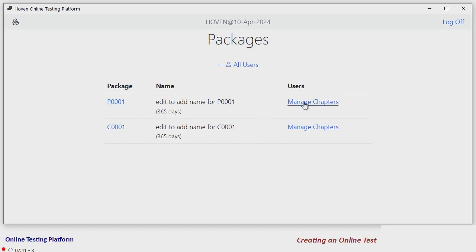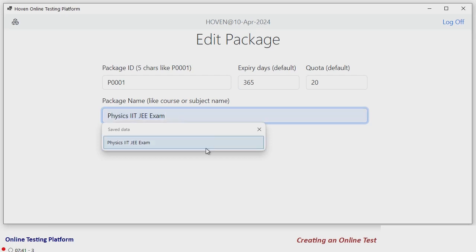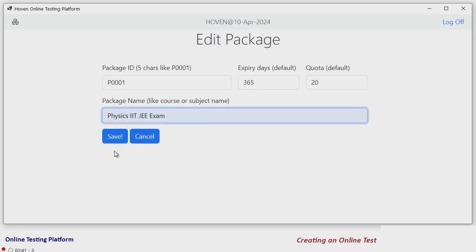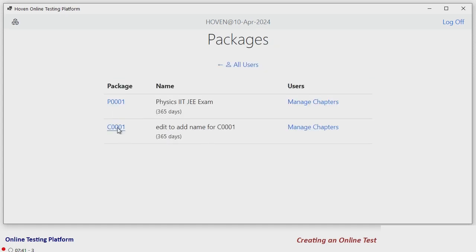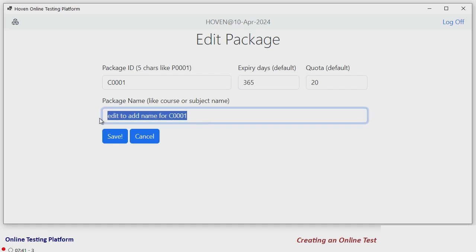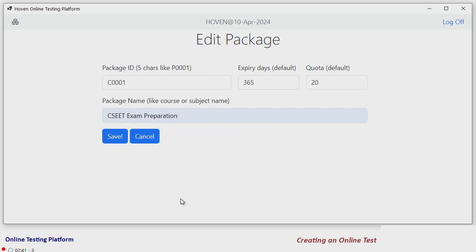and your packages are already created, as you can see here. A name for the package is not given by us, so you will have to give a friendly name for each package. For example, I give a name, let us say some exam, and I can save it. Similarly, I can give a name for the second package. So these names are seen by students also, and you can also use them to